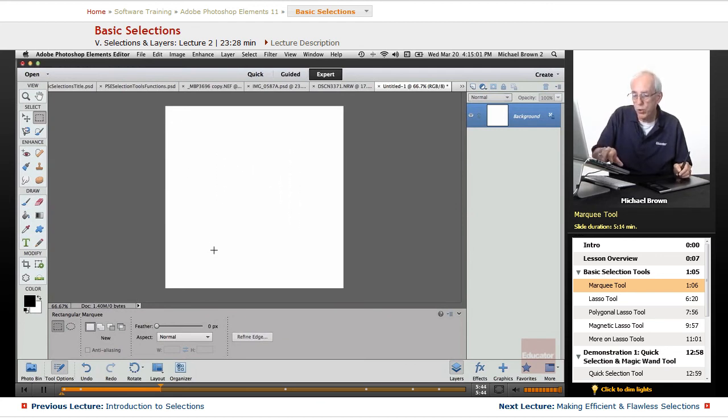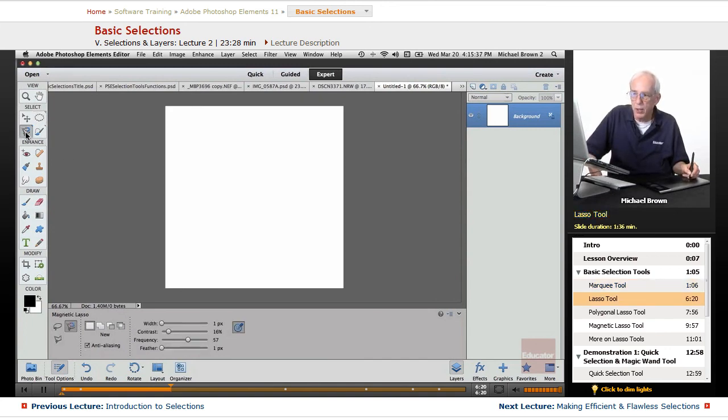Option or Alt Shift, click and drag from the center. Now, if we just hold the Shift key down and click and drag, it drags a square but from the corner. Quick Notes will have a full list of these little shortcuts. But basically, that's what you're getting, rectangles and ovals from your marquee tools. Usually, I don't use these a lot. They're used basically to cut out items, and I usually have a hard edge. Feather, which is the thickness and softness of the edge, is available on this. We'll talk about that more, but that's what your marquee tools do. Now let's go to the lasso